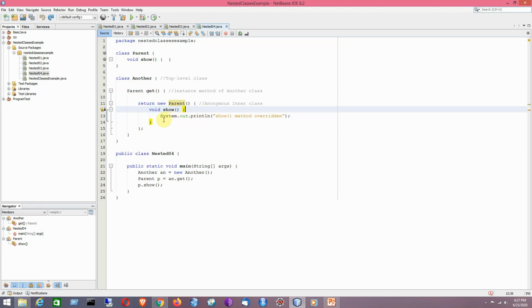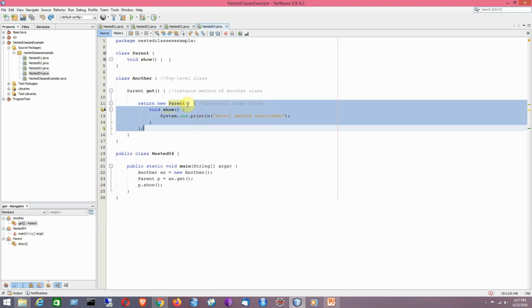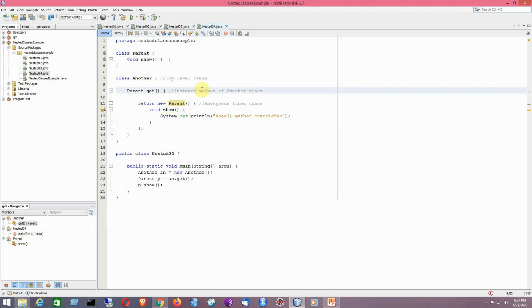So basically here, this particular method show, which was defined inside the parent class, has been overridden. So basically, the parent class constructor is being used, and we are creating an object of this particular class. Within the structure of the constructor, by using an implicit call, we are going to create an object. Now I have provided a pair of braces, within which I have tried to redefine the method show. It is basically a classical example of method overriding.